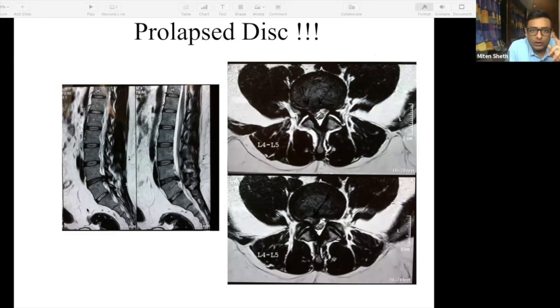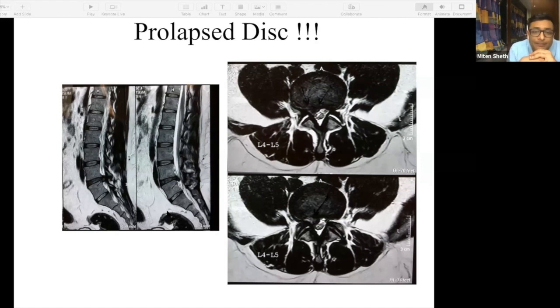Every time that summary will happen. So here you identify the white MRI, which is the T2 sagittal. See that the problem is lying at the L4-5 disc space. Now why I said L4-5 is because either it is going to be marked on the scan, or you can count from down. The radiologists are going to count the vertebrae from the top. So C1, C2 to C7, then D1 to D12, L1 to L5.